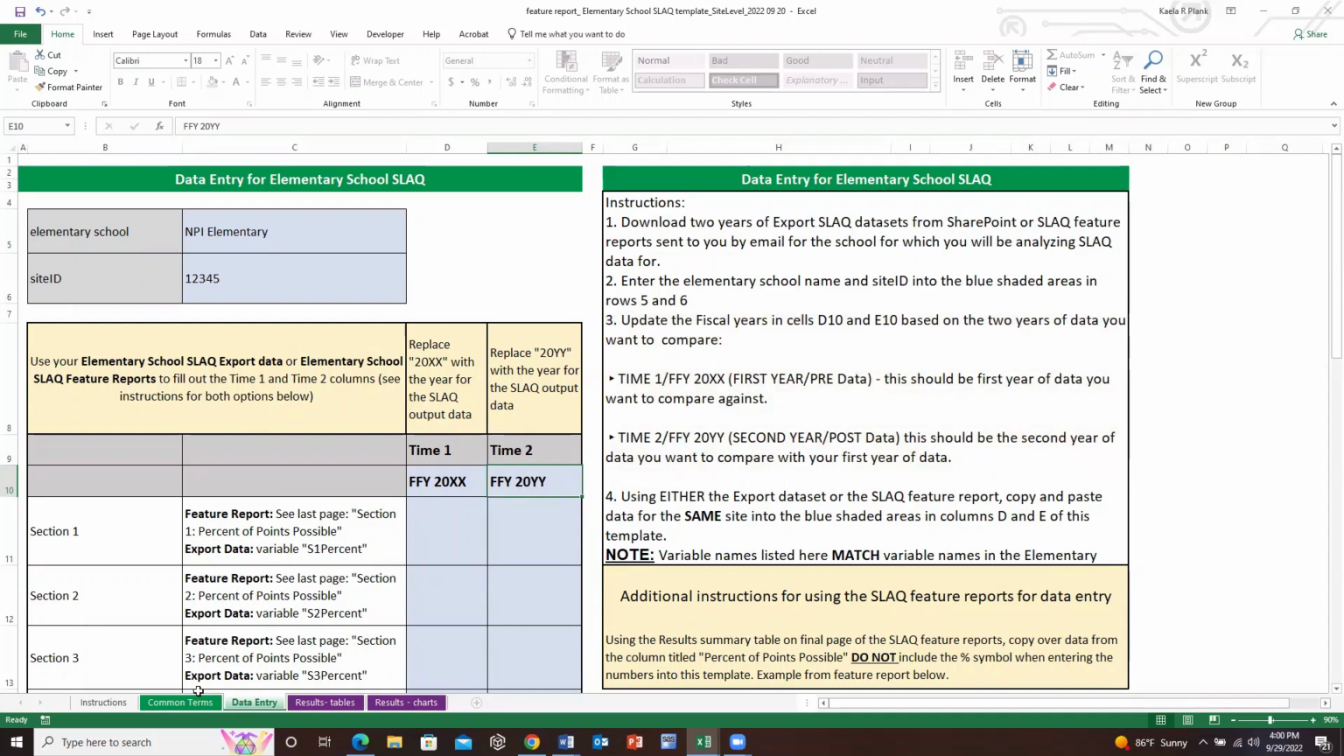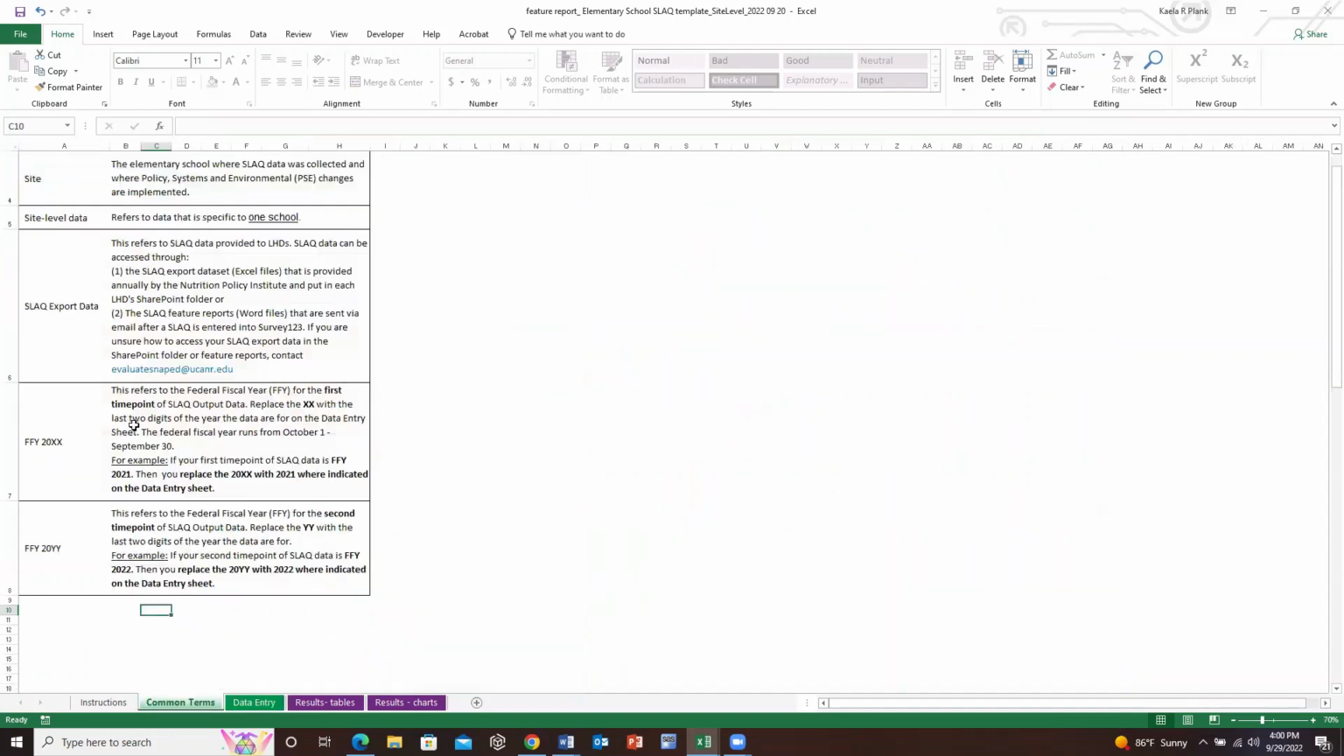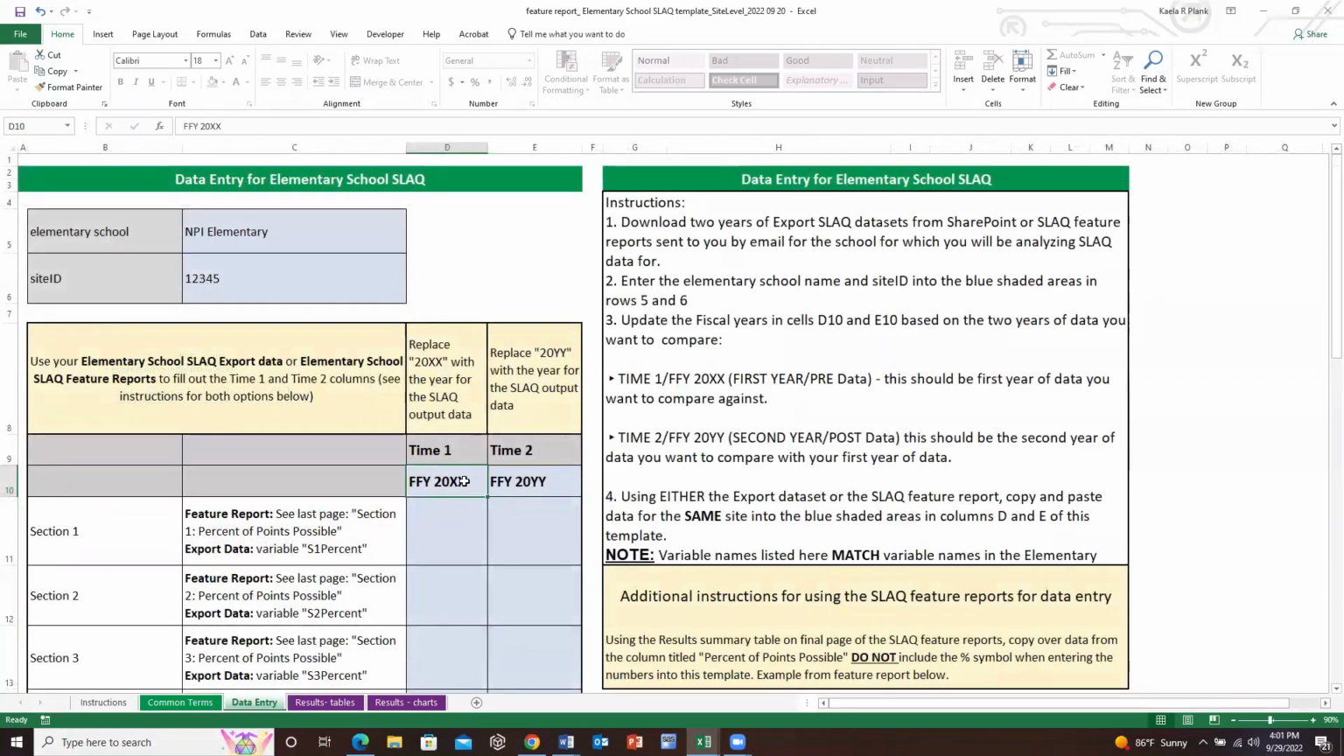If we go back to the common terms page, we see that it's the federal fiscal year for the first data time point of SLAQ output data. And we're going to replace the XX with the last 2 digits of the year of data for the data entry sheet. So in this case, it would be 21 because our first year of data is for fiscal year 21. And our second year of data is for fiscal year 22. So we replace those 2 numbers here,